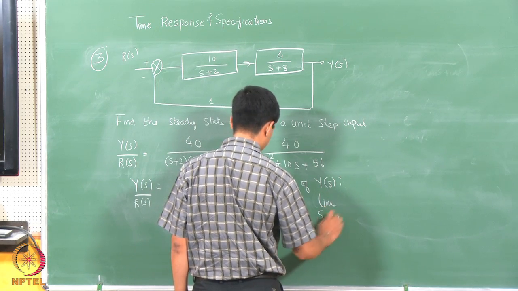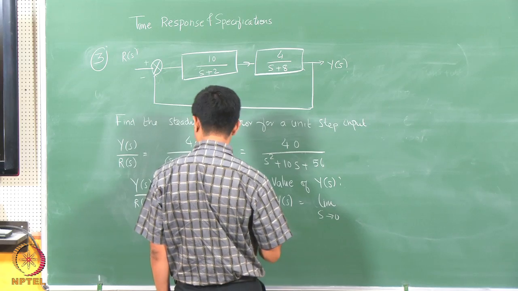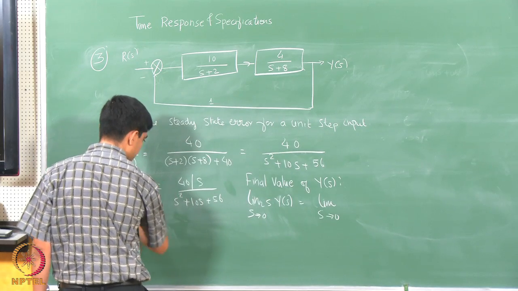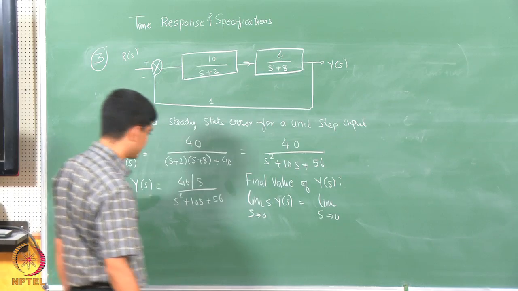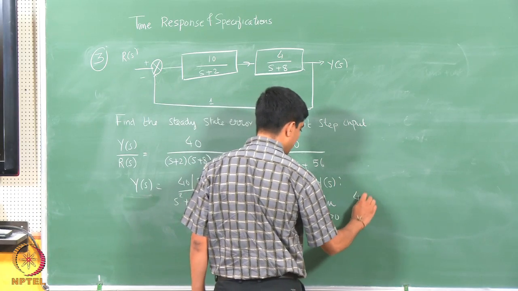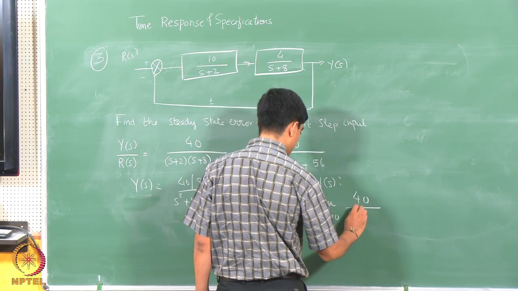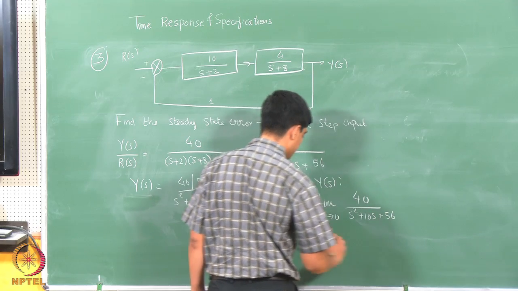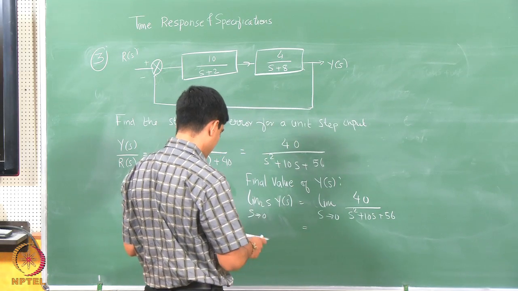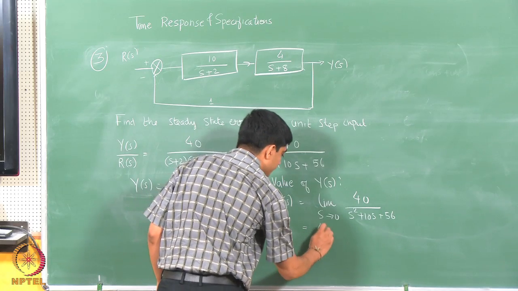So, y of s would be 40 over s square plus 10 s plus 56, and this would be 40 over 56,